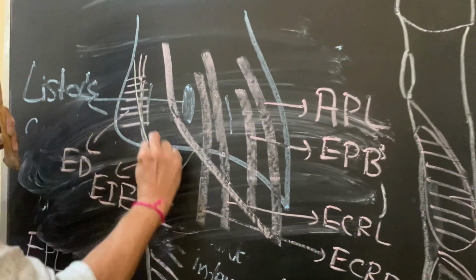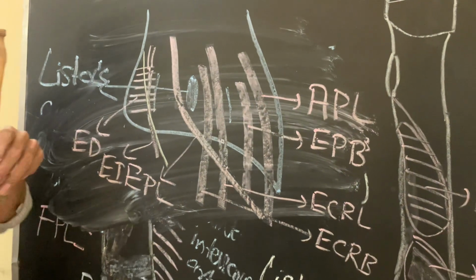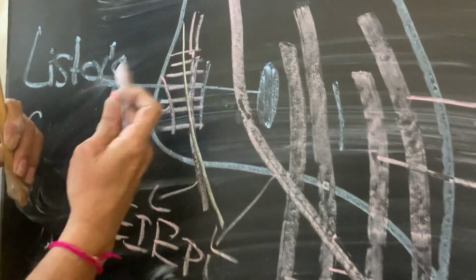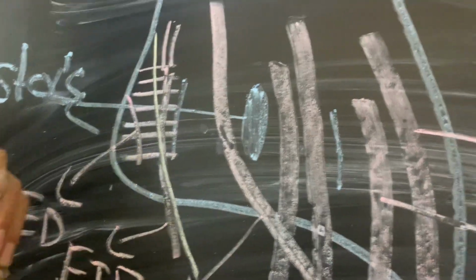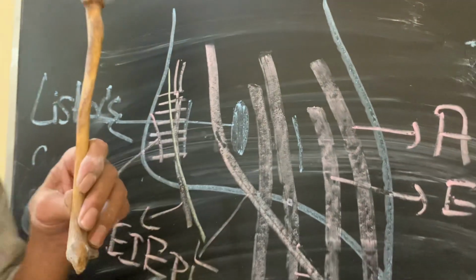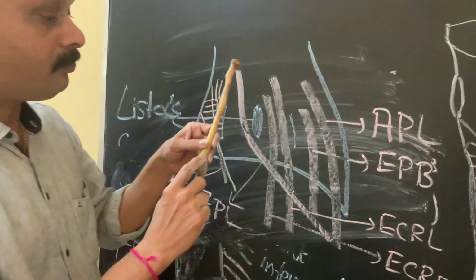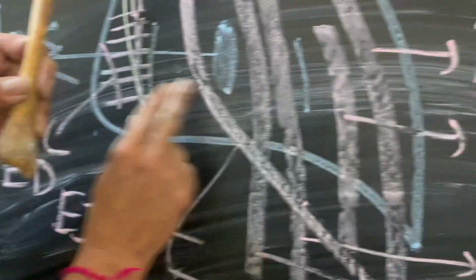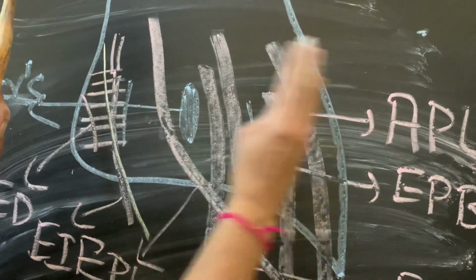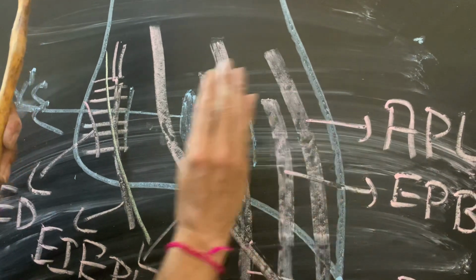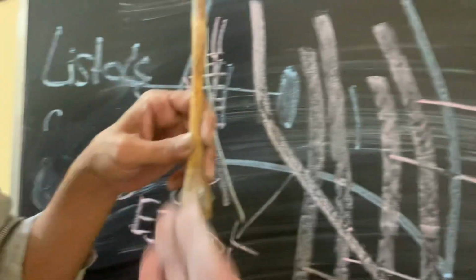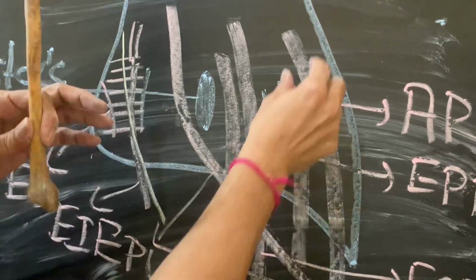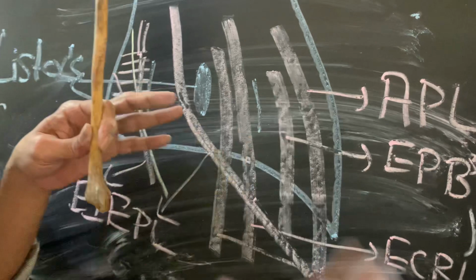The posterior interosseous nerve also passes through this groove. And furthermore medially, the muscles passing are extensor carpi ulnaris and extensor digiti minimi. So this is all about the posterior surface of the lower end, where all the structures are enclosed by the extensor retinaculum, and that extensor retinaculum prevents these structures from bowing out, and these structures are present in place because they are passing through the respective grooves.